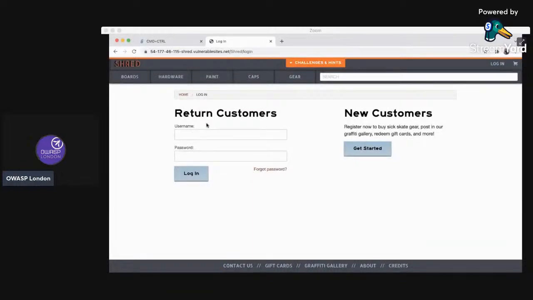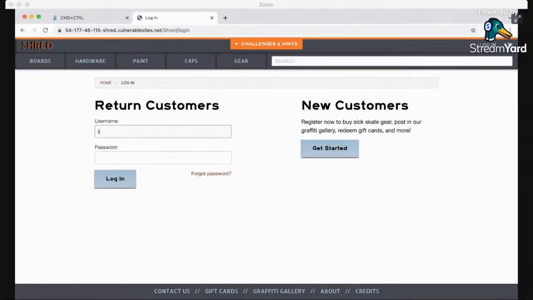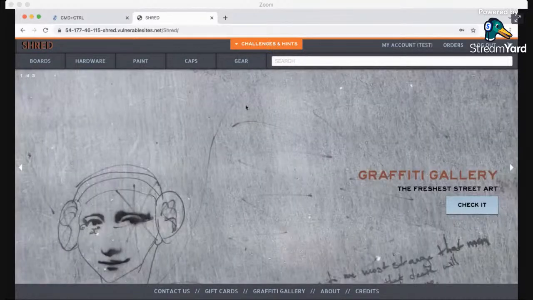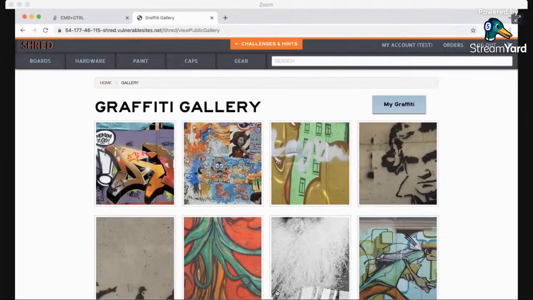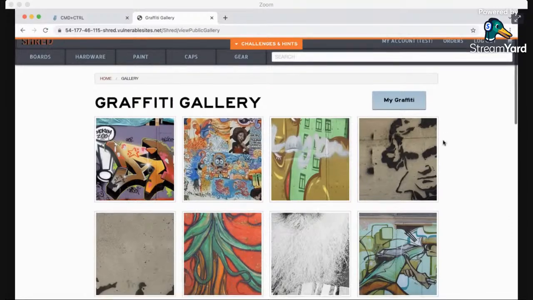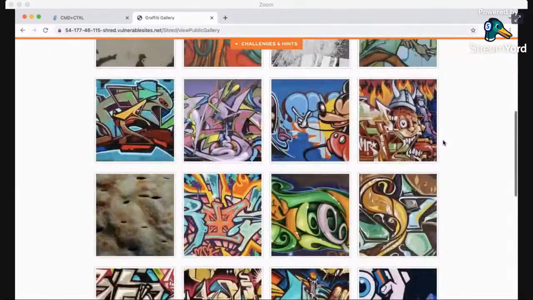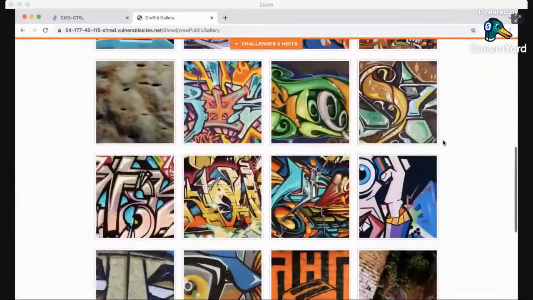The first thing I'm going to do is log into the test account I just happened to find, and let's go over to the Graffiti Gallery. So in our introduction, I talked about noticing things that are out of place, that don't seem to fit. And this Graffiti Gallery is a great place to use that skill, because here we have quite a few pictures that look like they have some kind of urban skateboardy theme,